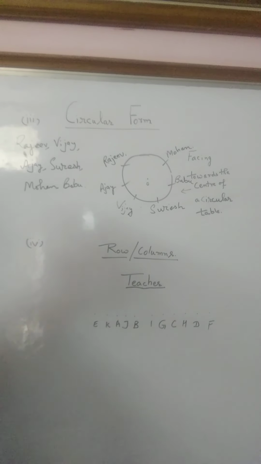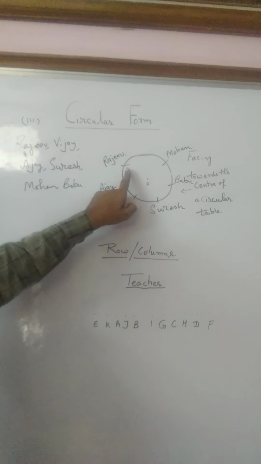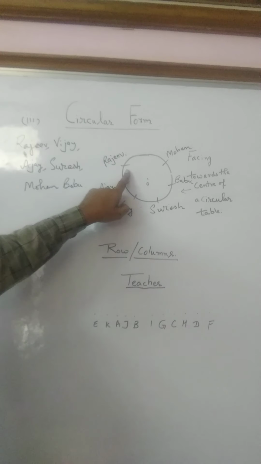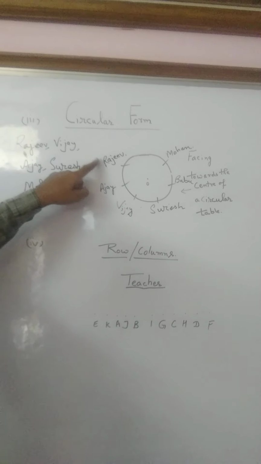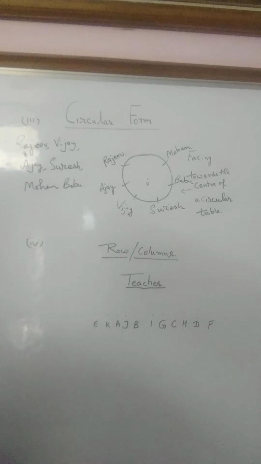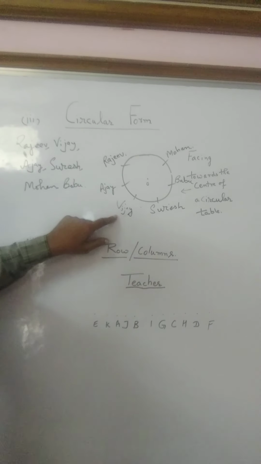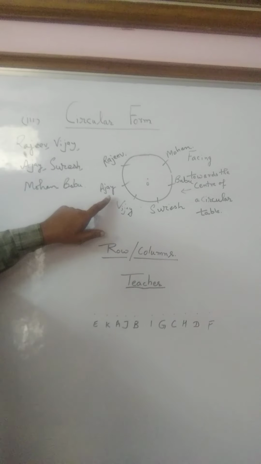Thereafter, I use the different conditions. First condition was that Mohan is sitting and Rajiv is right to him. This was the first condition. Second thing is, Vijay is not immediately left of Rajiv. So there is someone between Rajiv and Vijay. And then the further condition was that Ajay is between Vijay and Rajiv, or Ajay is left of Vijay. That is why Ajay comes in between these two.